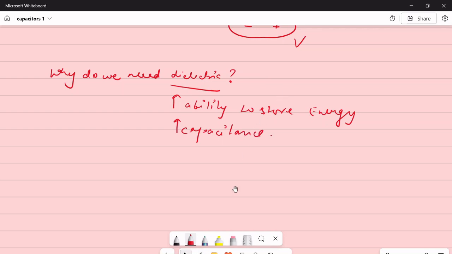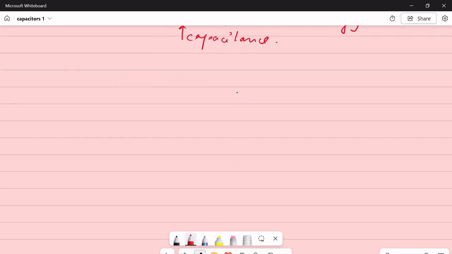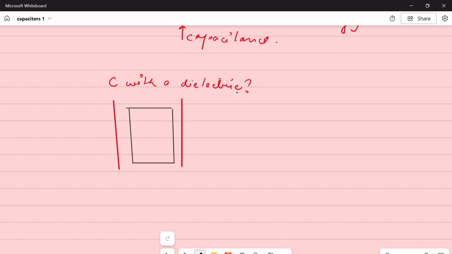Let us see. The answer to this again depends on the structure of it. Now let us understand this: a capacitor with a dielectric in between the two plates. How does this work? How does this increase the capacitance? Now let me create one here. Right. This is a dielectric. Okay. I'll write it here. This is the dielectric, and this is the battery. So over here, when I had applied the voltages, you already are aware that the charges had become concentrated.